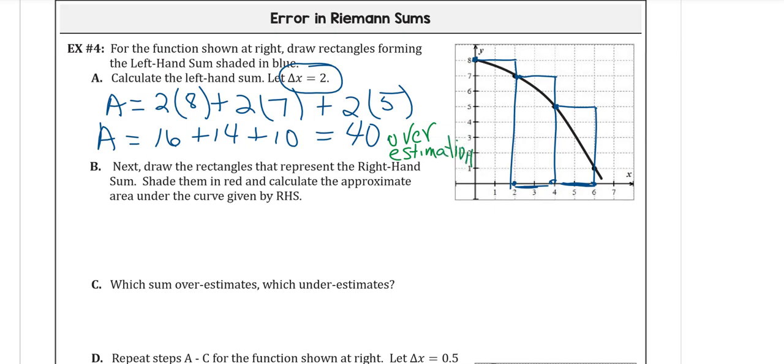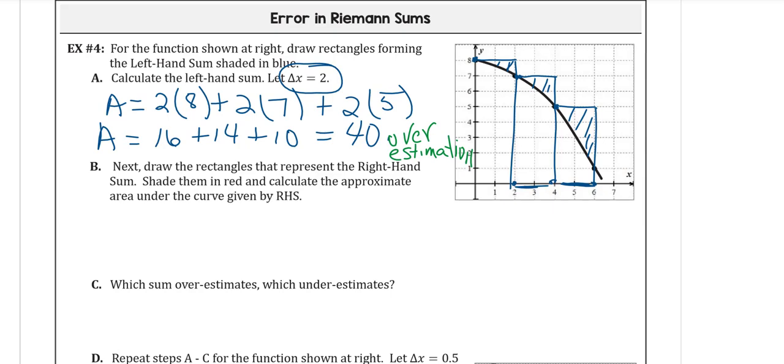And you can see that because I have extra area above each of these rectangles, especially right there. I'm barely using half that rectangle, really, a little more than half of the last one. So that is definitely an overestimation. So now what we're going to do in red is a right-hand calculation using width of